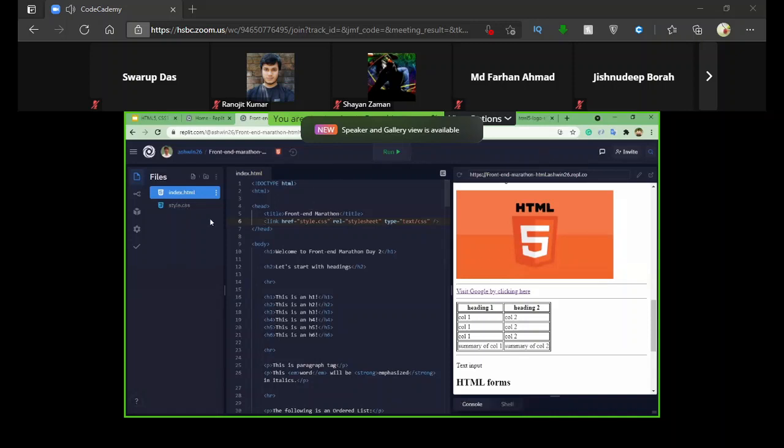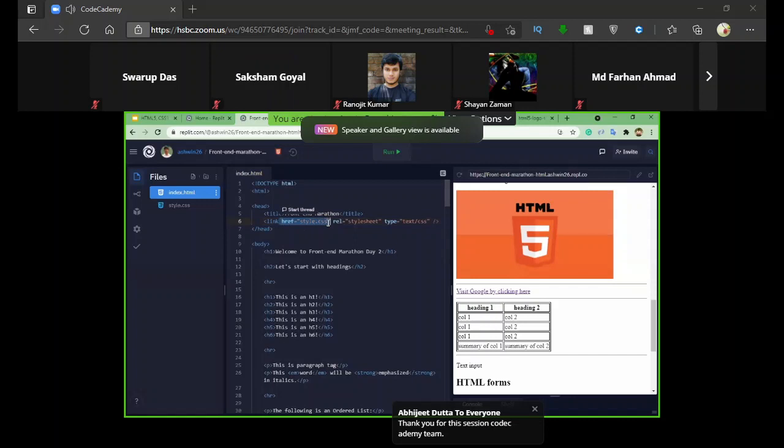So if we want to link this style file that we have separately for this website, we have to provide the href, similar to what we did for the anchor tag, right? Where we provided the link, we have to provide the name of the CSS file followed by the extension, and that rel is nothing but relation.